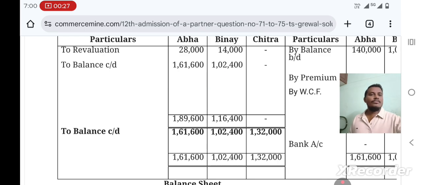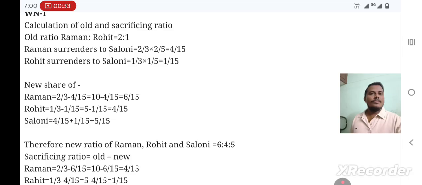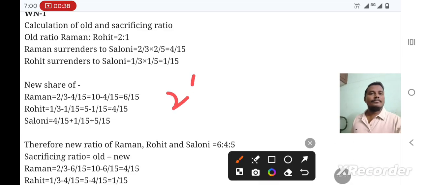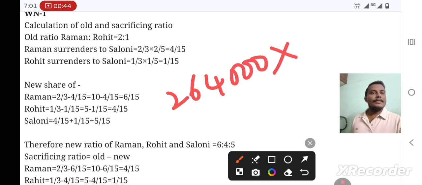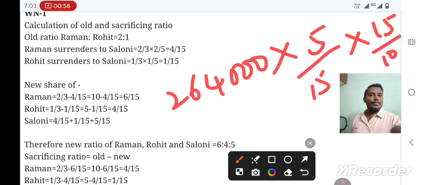Okay, so it will come 2,64,000 into 5/15 into 15/10, which is 5 by 15 is new partner's share, Saloni's share, into 10 by 15, actually 10 by 15, the remaining partners